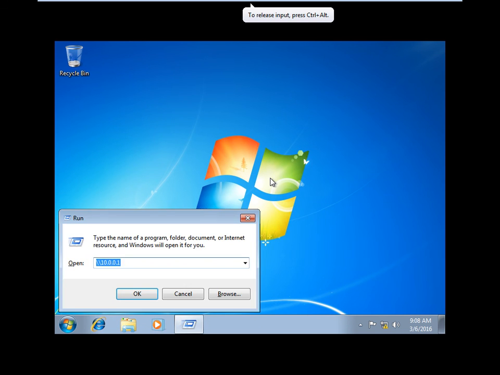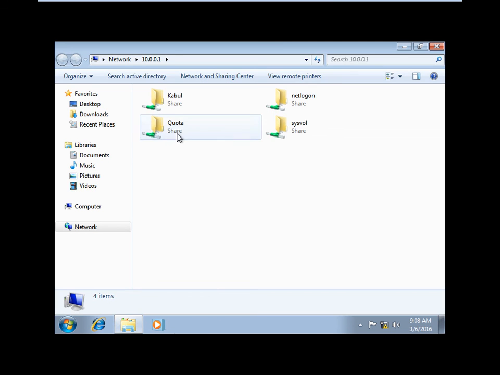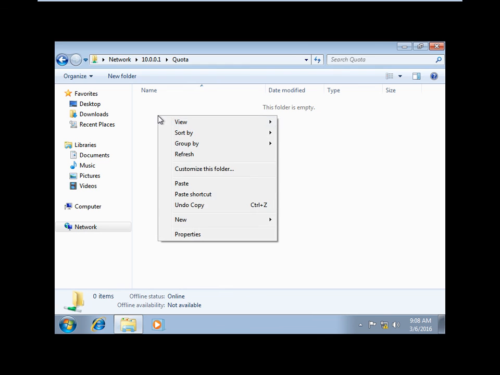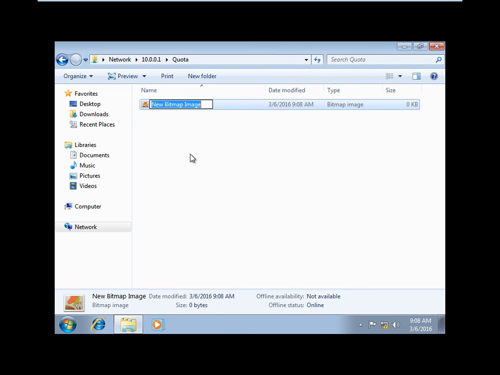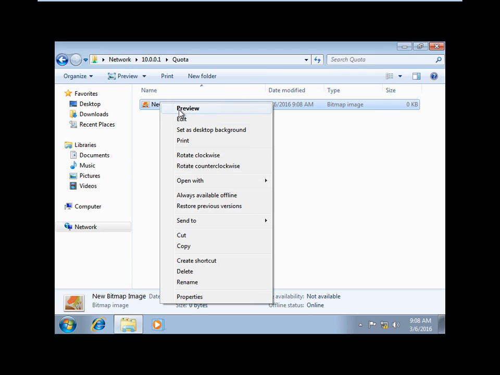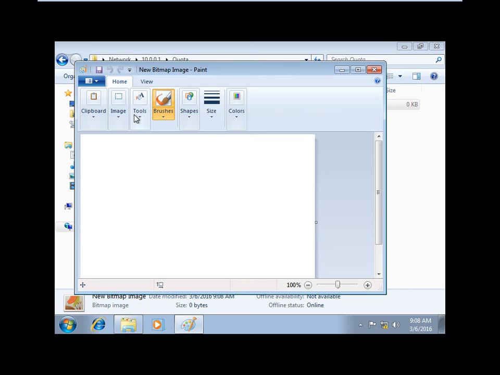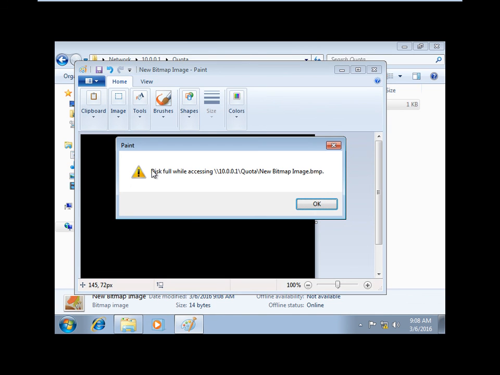Start, run, server IP, quota, right click, new, bitmap image, create it, very good, edit, give color, Ctrl S. See, it is full while accessing the quota new bitmap image.